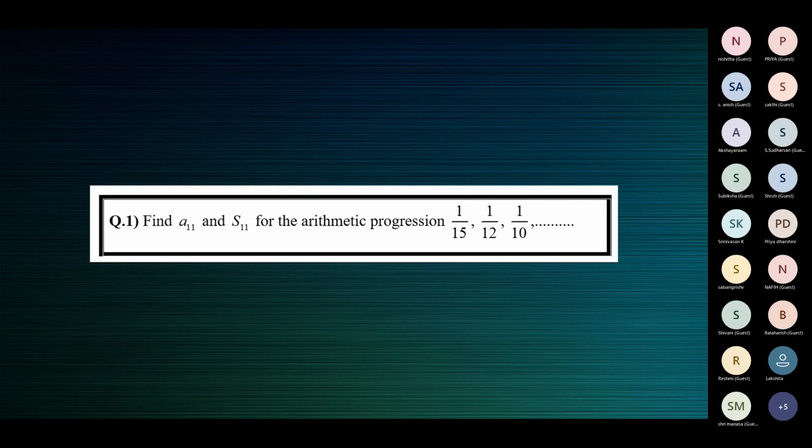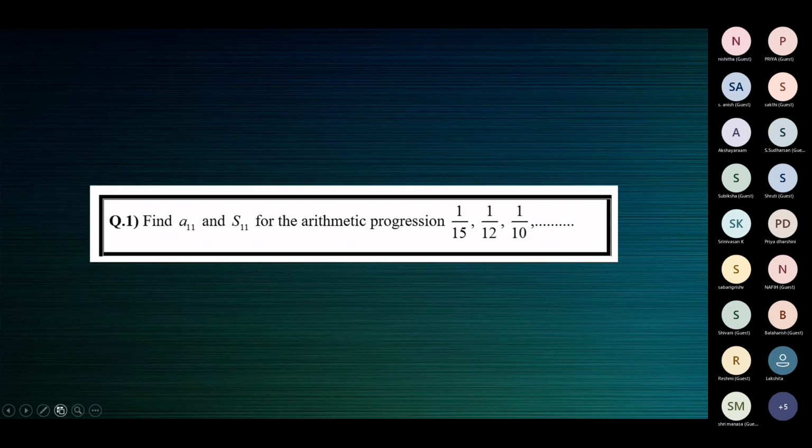To work with the formula, you need 3 things, A, N, and D. A is the first term, N is the number of terms and D is the common difference. You need the values of A, N, and D to use any formula. You can see that the formula has the variables A, N, and D. You need to know A, N.